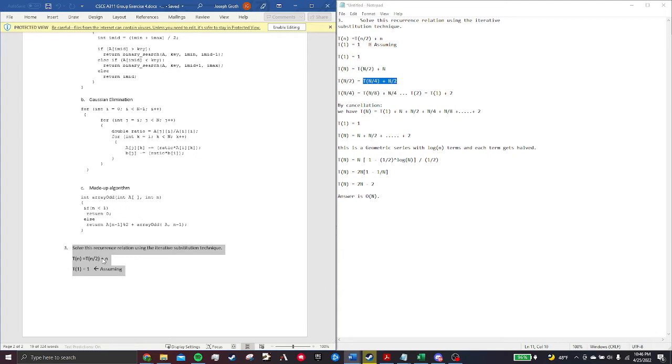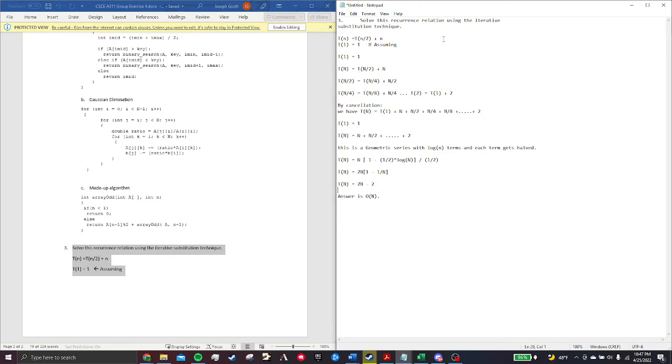Basically, we're going to be subbing in a value for n, and we're going to see how it behaves as we keep plugging in smaller and smaller values. Eventually it's going to spit out a number, or a term that we'll be able to get the runtime from. So first,